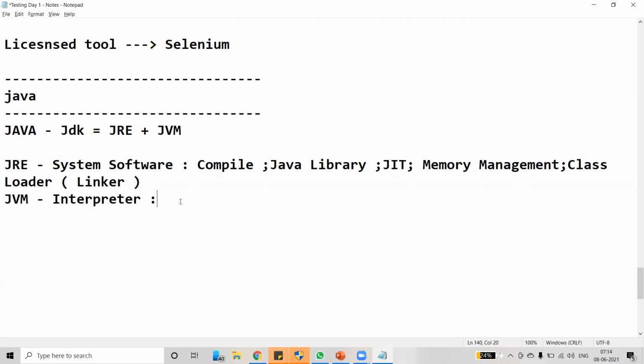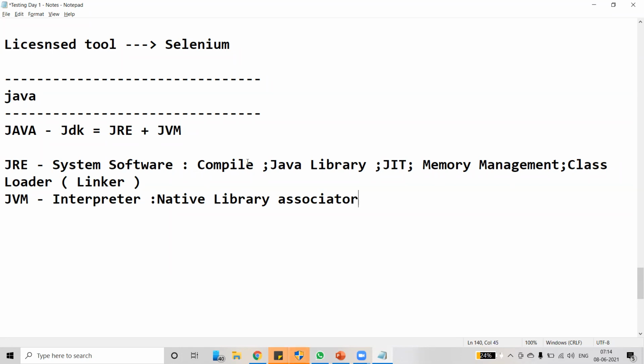Along with the interpreter, it has a native library. Okay, let me explain these components one by one.